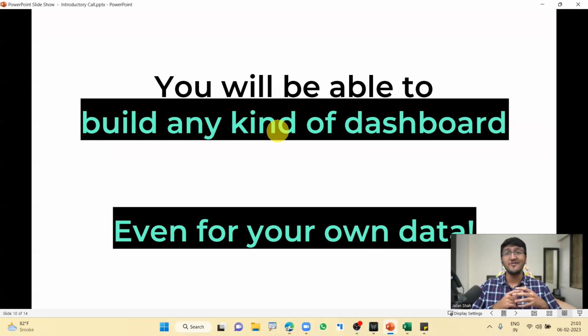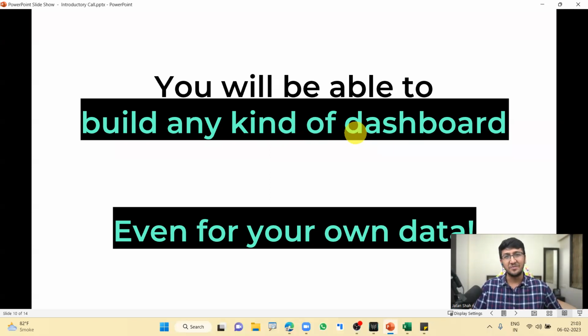So whatever data you have, you will be able to build an entire dashboard out of that and keep analyzing your data as well. Now, the question here is, all right, sir, I have to learn so many kinds of dashboards, but I just have 5 days. It's a 5-day workshop. How is it going to be possible? How am I able to learn so many things in such less time?